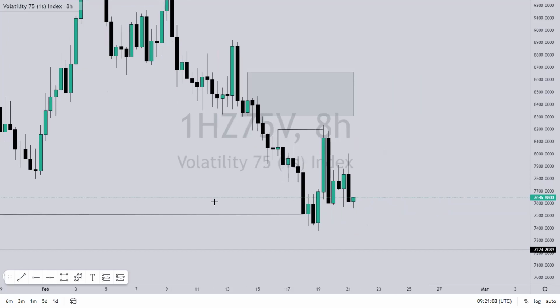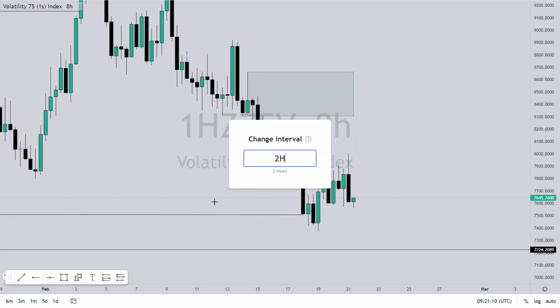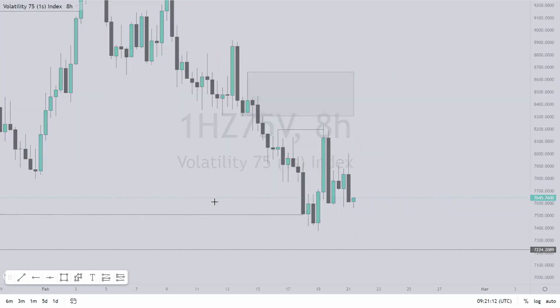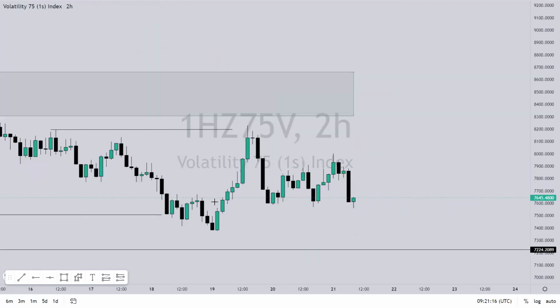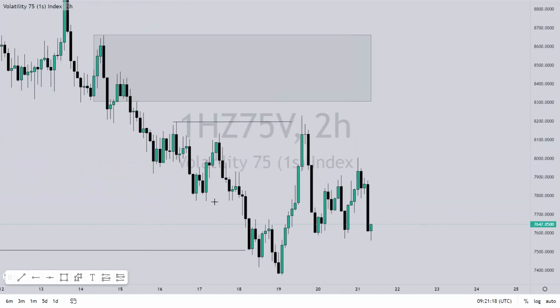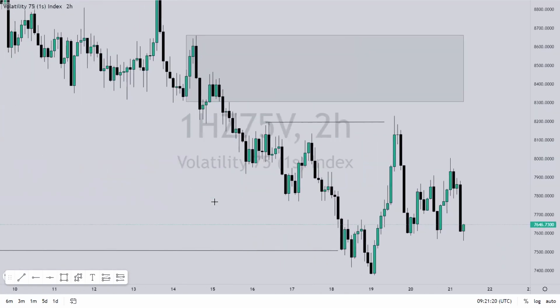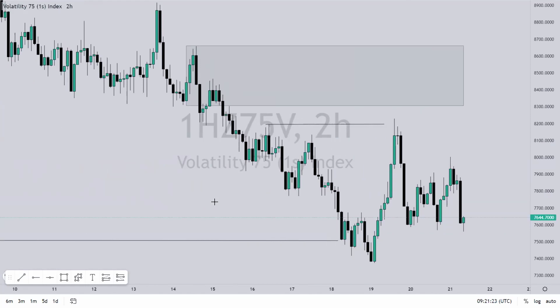So I went to the 2 hours time frame. After our 4 hours, I went to the 2 hours time frame to just see what the market is displaying on the 2 hours time frame. So we had this area, and then when market started moving to the downside, the next thing you would want to do is,